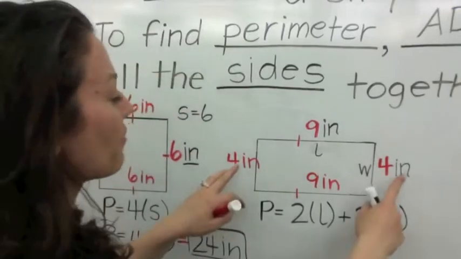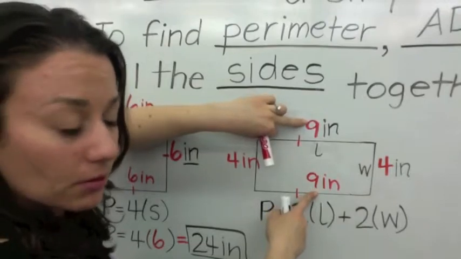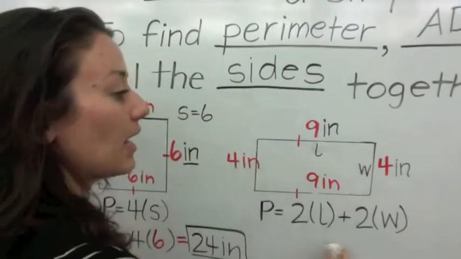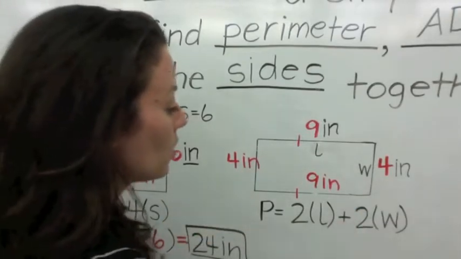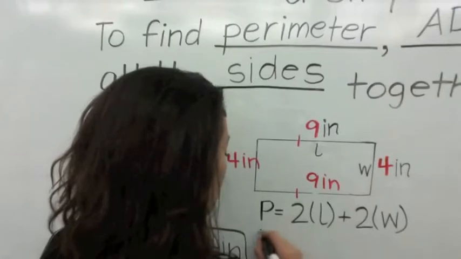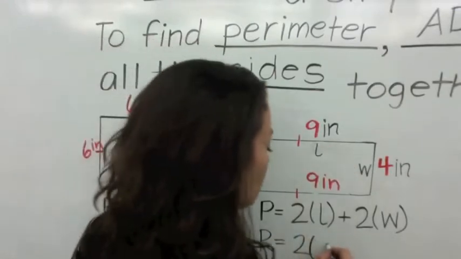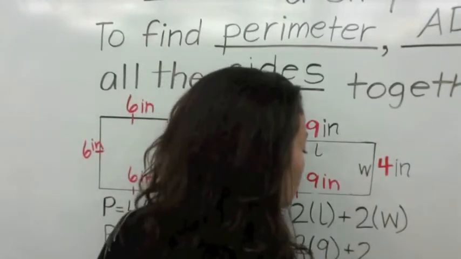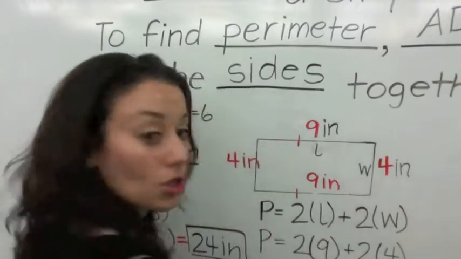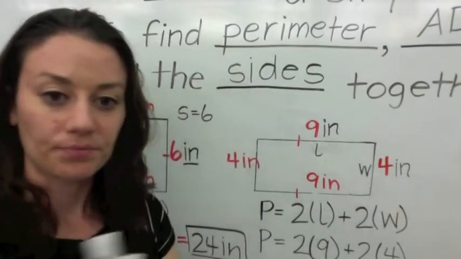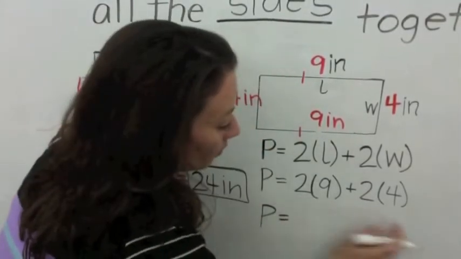It's the same as saying if I have 9 plus 9, well, 9 plus 9 is 18, right? That's the same as 9 times 2. And if I have 4 plus 4, that's the same as 2 times 4, which is 8. So this shortcut helps us. So we can say 2 times the long side, which is 9, 2 times 9, plus 2 times the width. The width is 4. Great. So what is the perimeter then? The perimeter will equal, because you have to add all of these together,